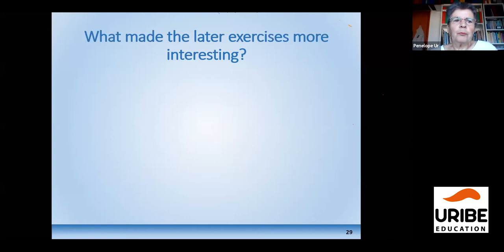Someone's already written that in: meaningful. First of all, meaningful. The original one, if you remember, you could do it mechanically. You didn't have to read the sentence even. You just took the root verb and made it into the past. But all the others, you had to know what you were saying, so it was meaningful. Personalization, someone's saying, yes. Open-ended, I've mentioned.